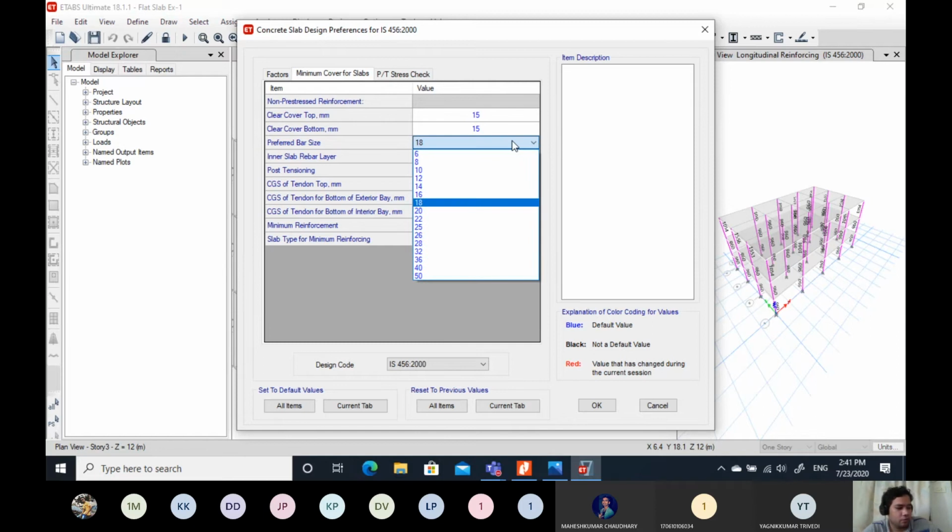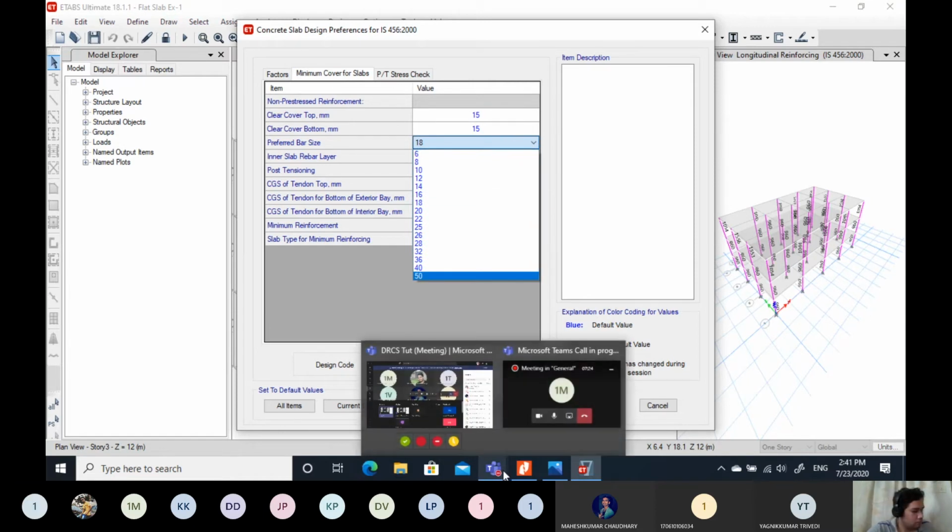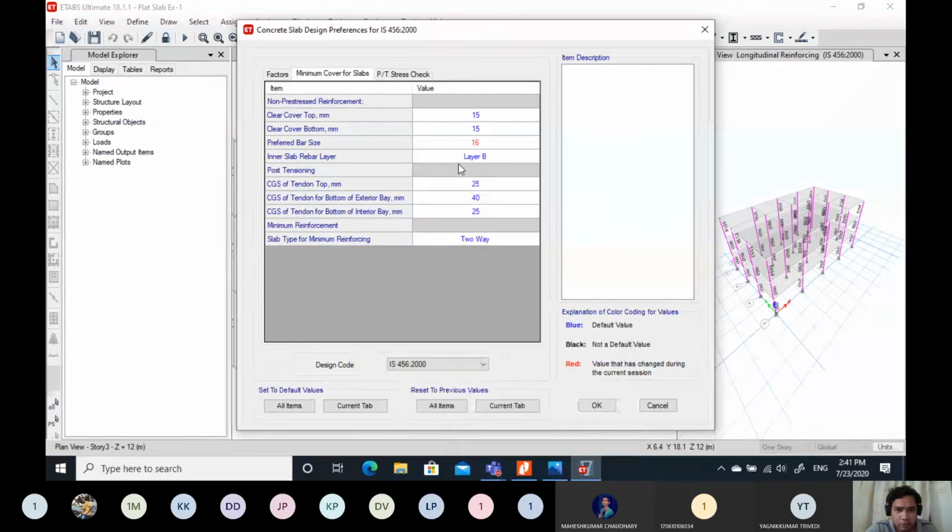Bar diameter we have used is 16 mm, so you can use this 16 mm bar dia. We have actually used 16, 10 and 8 and 8. So no pre-stressing, so no need to check that. Click OK.